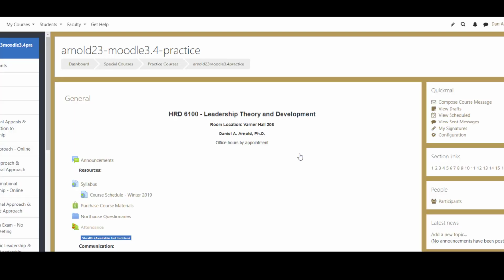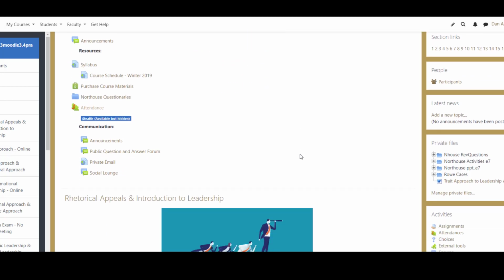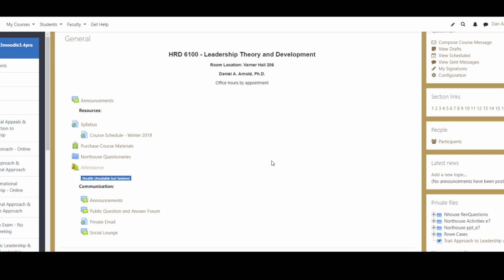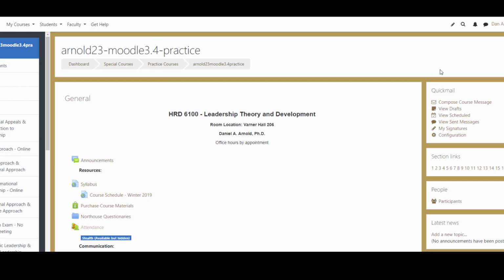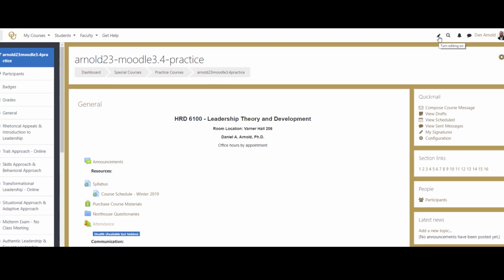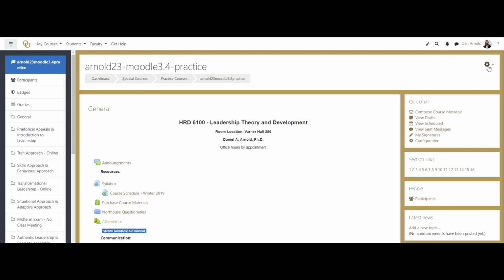You now see that this course has all of the content from the previous course included. After the import is completed, you'll notice that there are 2 announcements forums. By turning your editing on, which you can do by clicking the pencil on the very top of Moodle, or from the gear icon by clicking Turn Editing On,